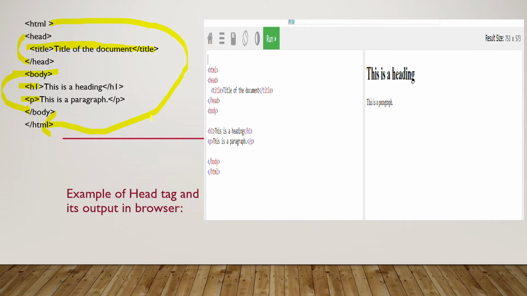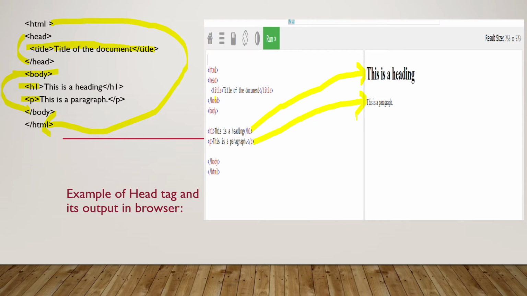Now let's have a look at the output of the code. So here the title will be displayed as the title at the top. Here the screenshot was taken, that's why it is cut out, and after that h1. H1 is shown means this one. This has the output of H1, and the output of P tag, that is paragraph tag, is this one.